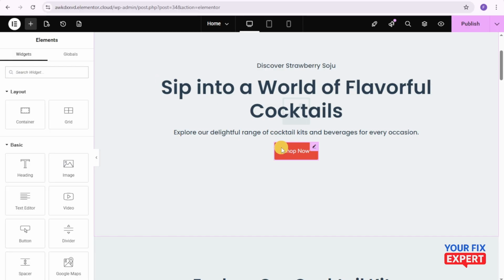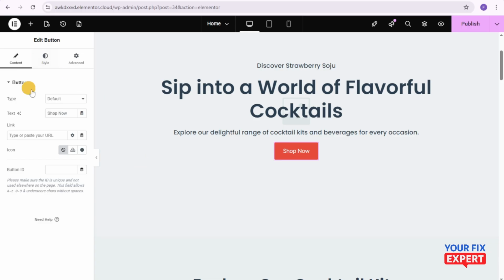Once you're here, you're just going to click on any button or any word that you want to convert into a link. So for example, we're going to convert this button into a link, or a Mailto link. We're just going to click on this button, and then in this edit button panel that will appear,